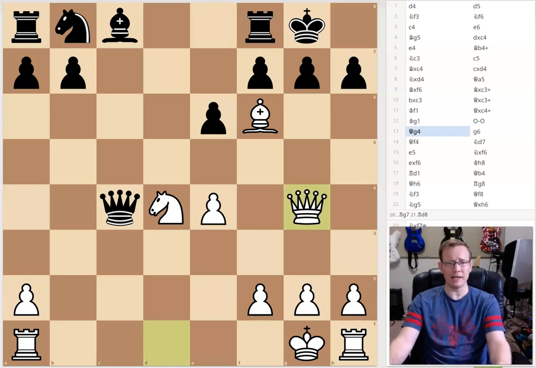In one move, white has a deadly threat. Look at that. Now this pawn is pinned. It's pinned by the queen. It no longer has the ability to take this bishop, and we're looking at checkmate. So he's